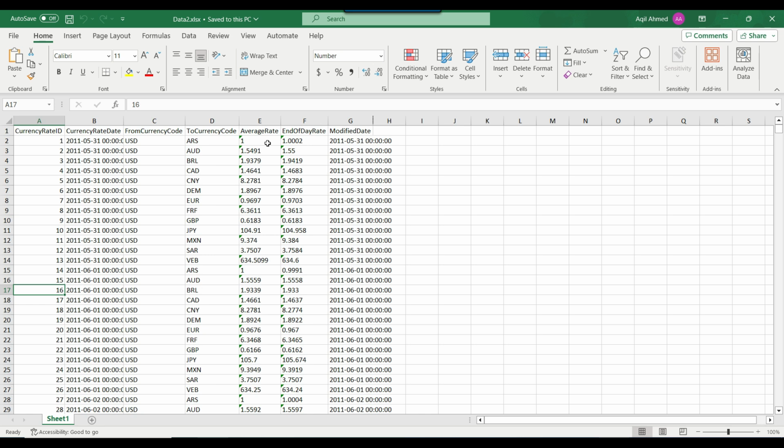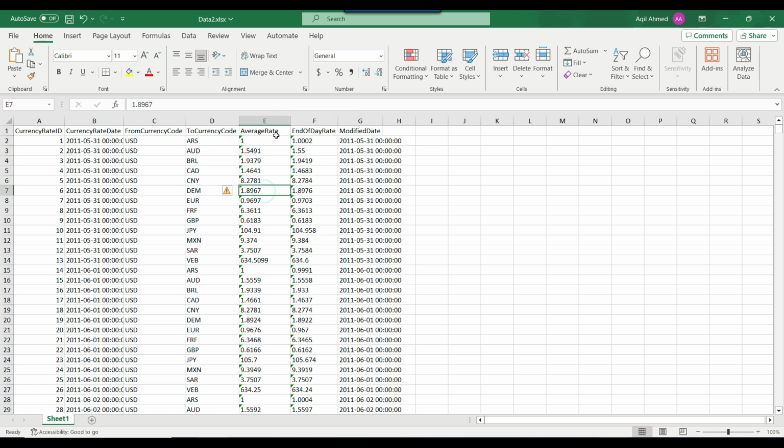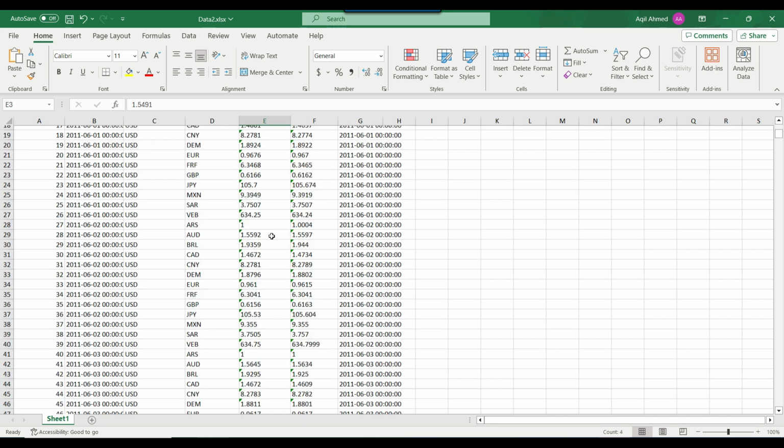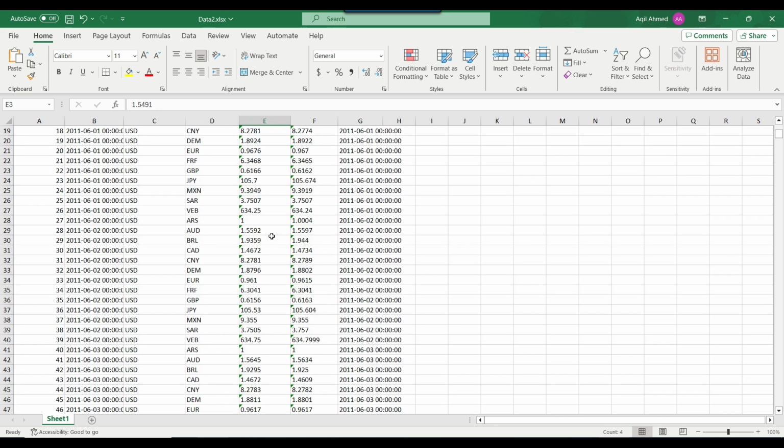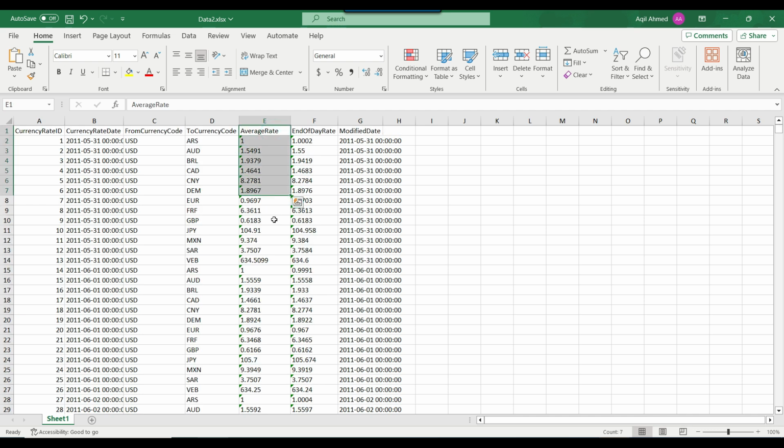However, if you still select this particular column, it is not showing the sum of them. Ideally it should show the sum if they are in the numeric format. So let me change this particular column, the E column, into the numeric format as well. But we have the dot, and after the dot there are 4 characters. So we need to change the column type somehow, so that there are max 4 characters after the dot. And the column is E.